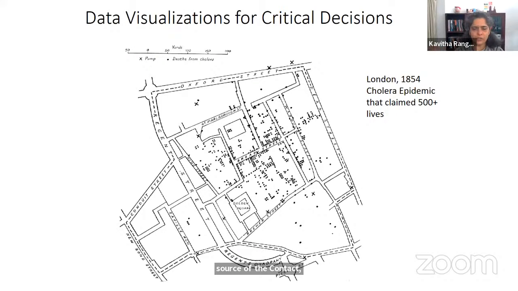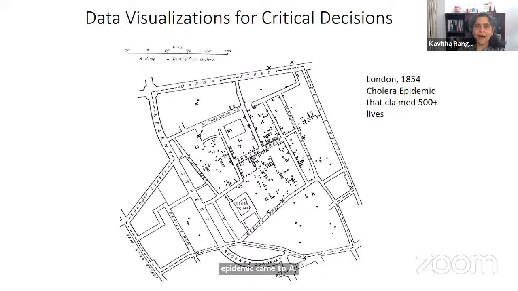So as the story goes, John Snow took this map to the authorities to make his case that cholera spreads by water. Here's my proof. I feel the Broad Street pump water has been contaminated. And this was enough to actually convince the authorities. And they took one simple step. They went there and they just removed the handle of the water pump. Right? So these were these old water pumps where you had to actually pump out the water. So they just removed that handle and the epidemic came to a halt. So just that one simple step.